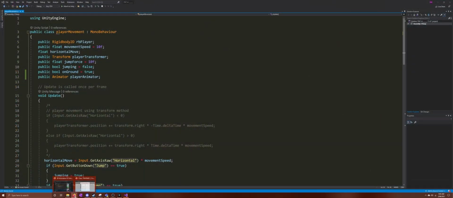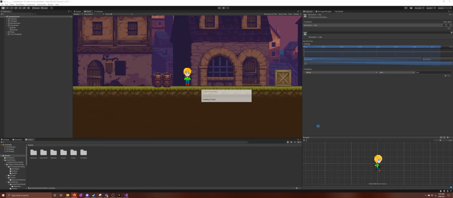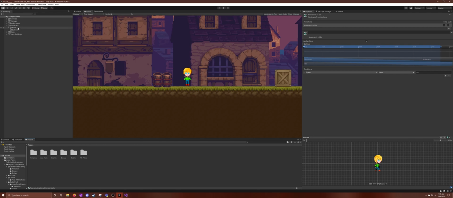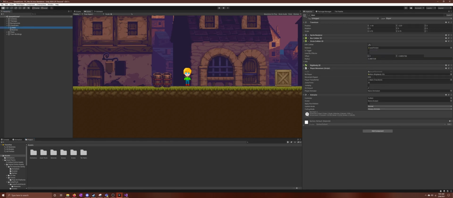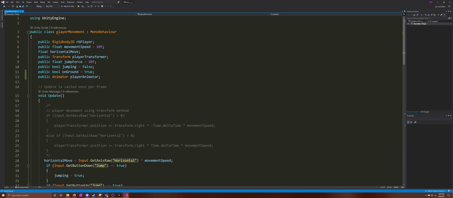Now, if we come into our player and we click on our main character, you can see now he has a player animator, which gets added to him by default the second you give him animations. So if we just drag this into this window here now, we can press save again. Now inside our script, we can play around with this